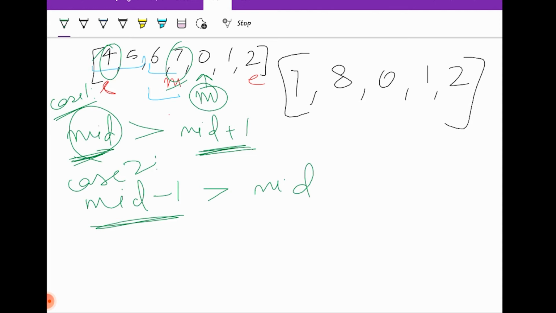Now I can observe that my start is 0, 1, 2, 3, 4. 4 by 2, 2. This is my mid. I can see here that my start is greater than my mid. So if your start is greater than your mid, we have to find the largest element. Okay, and we have observed a situation in which our start is greater than our mid. So why in the world will I search here? Why in the world will I try to search here?